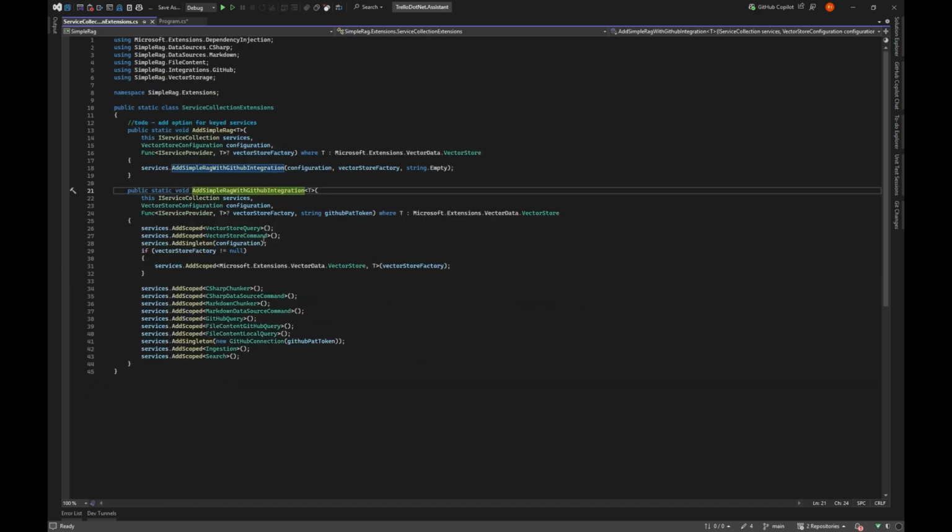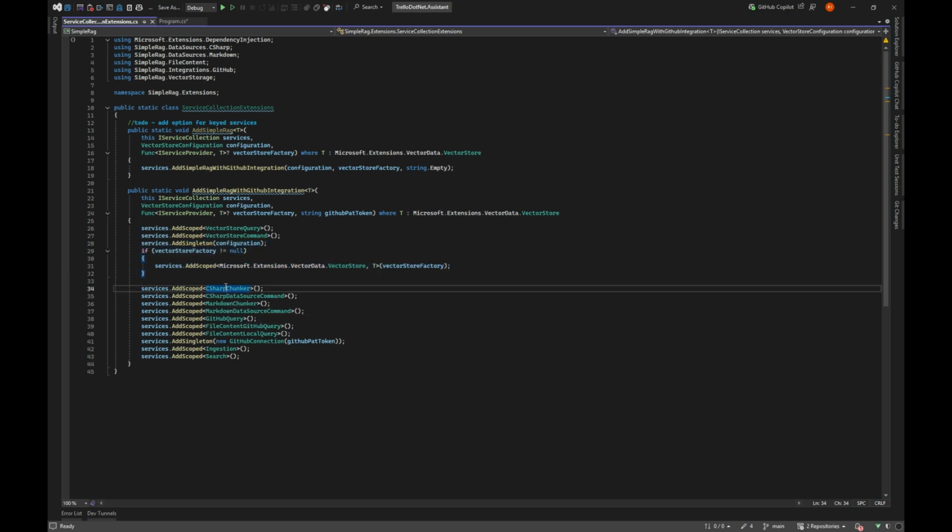Behind the scenes of SimpleRag, all it does is dependency inject a few things: how to get hold of the data in the vector store, how to put data in the vector store, and the vector store itself, based on which vector store provider you want to use, SQL Server, Azure AI Search, Qdrant, or for example Cosmos DB as well.